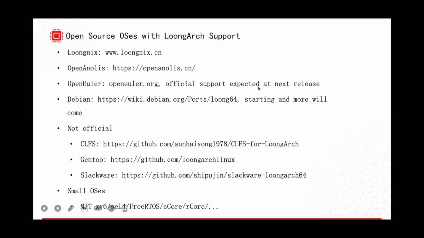Official support is expected at the next release. And for the Debian upstream, the work has started, and maybe in the next version we will see official support. We have a lot of unofficial personally supported OSs, and many more small OSs, including teaching OSs such as MIT xv6, and we have the seL4 microkernel OS, etc.